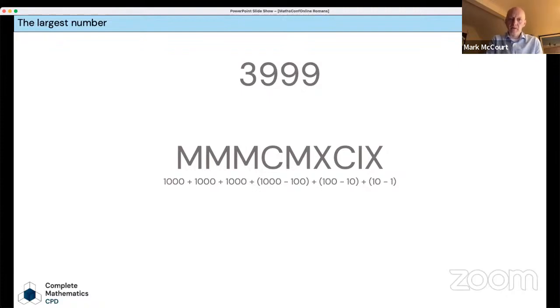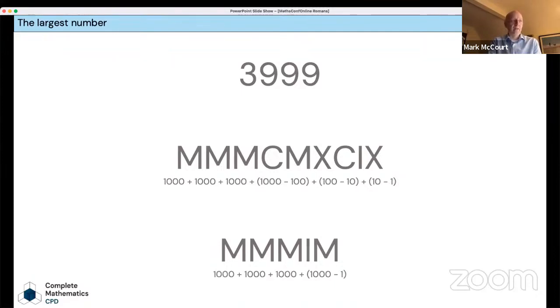And it's certainly not the only way that the Romans, or indeed the medieval period, would have written this number. And it's quite long, isn't it? That's a long old numeral to have to write down. It is the case that this is also 3,999. So we've got 1,000 plus 1,000 plus 1,000. Then when we have a smaller in front of a larger, we do the subtractive form, 1,000 minus 1, and we get 3,999. A lot of people get quite uncomfortable seeing that because we're so used to the other form. But many people used variant forms of writing down these numbers over time.